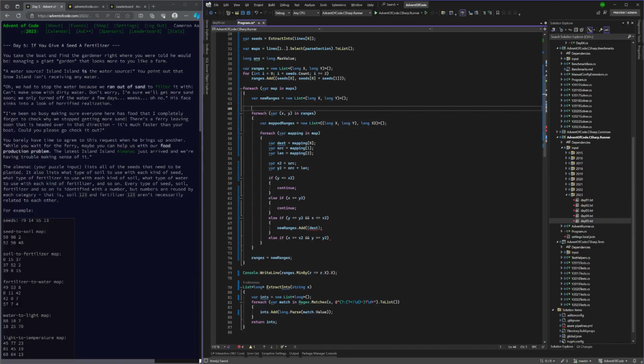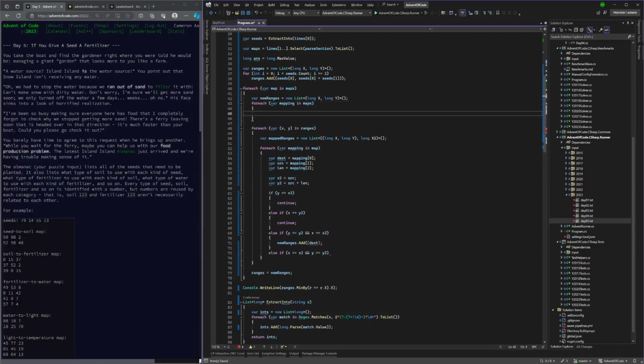Okay, I think that's actually the right approach. So our ranges copy equals